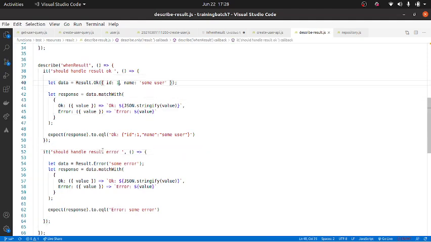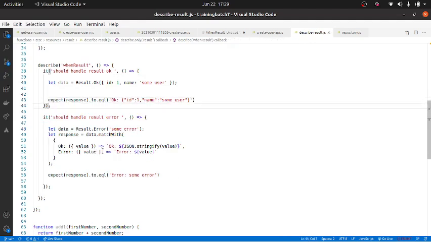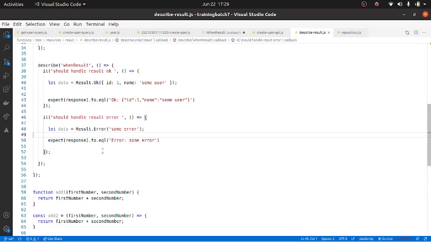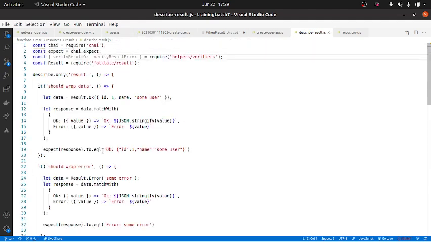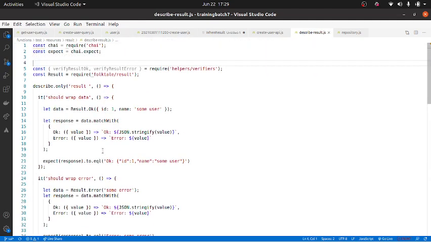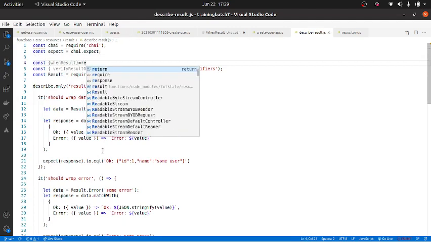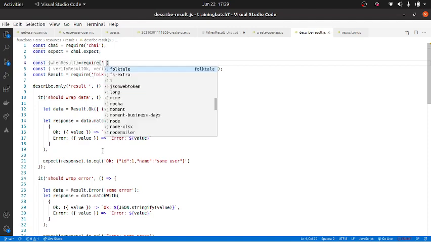Now, instead of this, I'll remove this. Here I will include const when result equal to require lib.